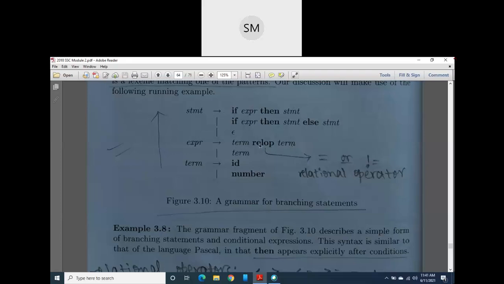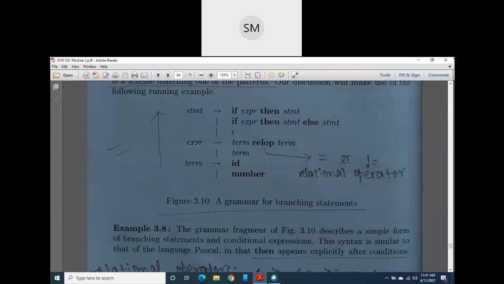Here if you observe, I have made relational operator bold, since I cannot define it again. It is a terminal. But along with this terminal, there are two non-terminals: one is a term and one more is a term. Because I don't know how exactly this term looks, I still have to define it to make the compiler clear: this is a term and it looks like this. Till now the compiler, or the lexical analyzer, or the syntax analyzer doesn't know how a term looks. So this is one rule or one definition for expression.